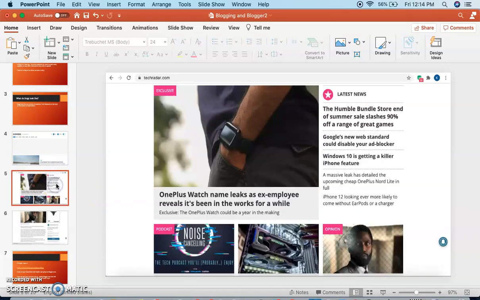Another popular blog website is TechRadar. TechRadar, as you can imagine, is focused on technology and electronics. And as you can see, this looks like a news website. This looks like something that you might see for the Dothan Eagle or the Tripolitan or the Montgomery Advertiser. But you can also see how it has exclusive stories generated solely by TechRadar employees. They have podcasts, and they have opinion pieces.